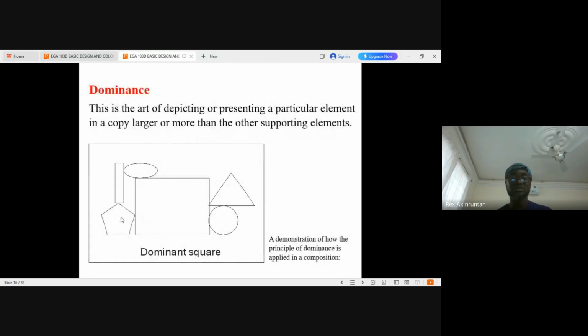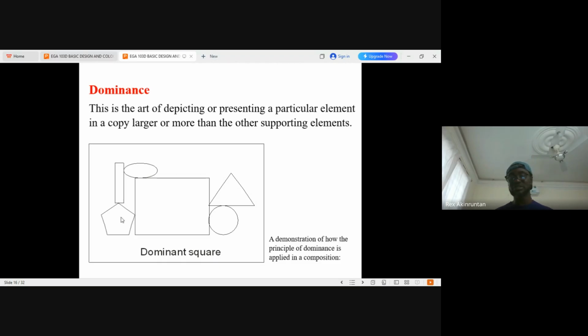Let's go on to dominance, which is also very, very important. So this is the art of depicting or presenting a particular element in a copy, larger or more than the other supporting elements. So dominance is not the same as emphasis. In terms of dominance, it's looking at size or scale, how the projection of that particular area becomes bigger, and it's sort of, you know, give a certain